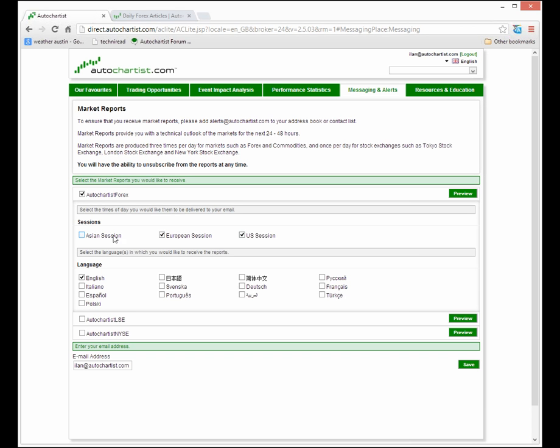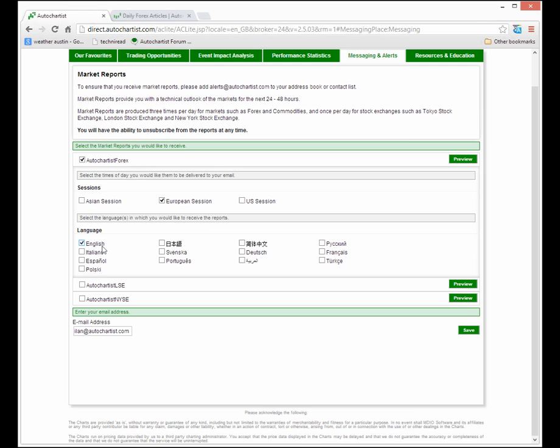The next section of Autochartist I want to show you is something called messaging and alerts. I'm going to click on that section right now. And what messaging and alerts is, really, is Autochartist's way of sending you a morning or afternoon or evening technical report into your inbox, right? So into your email, right? So